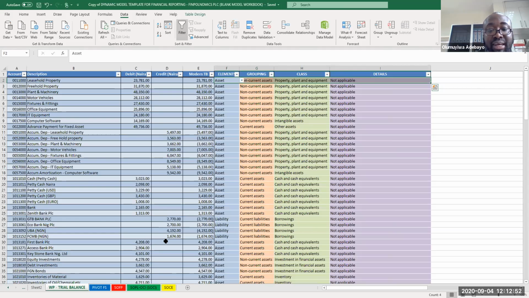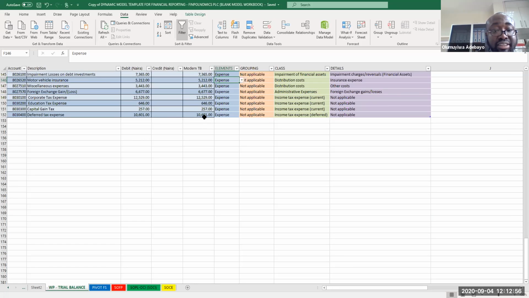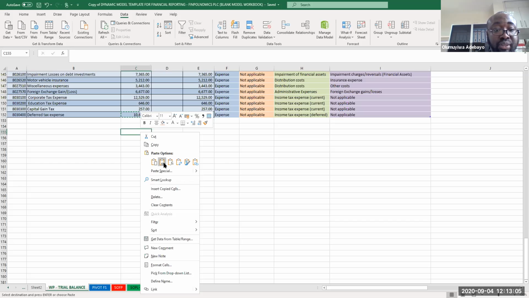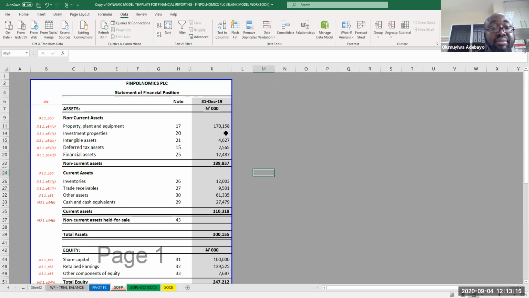is not in agreement, probably I omitted a figure. Let me omit this last figure. Imagine I omit this last figure. Let me copy it somewhere, I'll return it later. Let me just delete this. My balance sheet, you might not know that it doesn't agree. By the time I come to my financial statement and I update it,